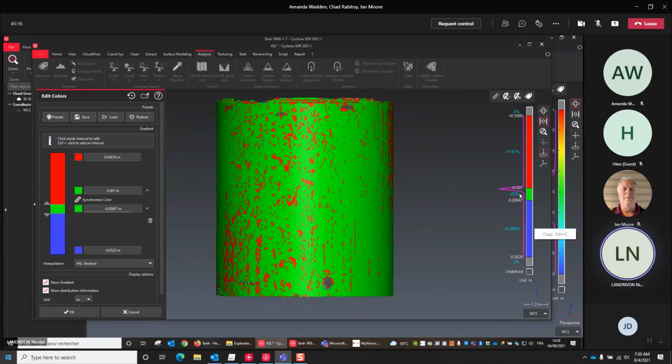So for instance, here it's like 92% of the points are located between minus 8 millimeters and plus 1 millimeter.